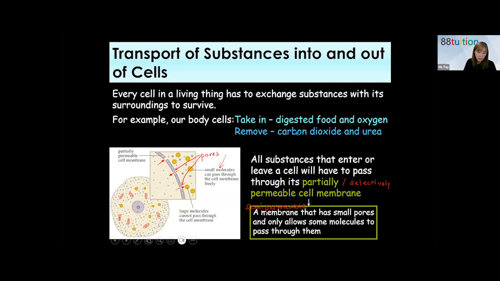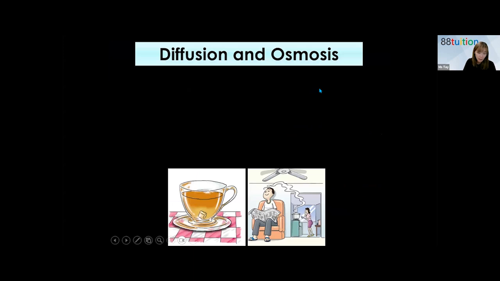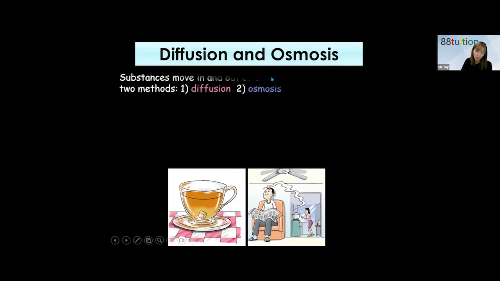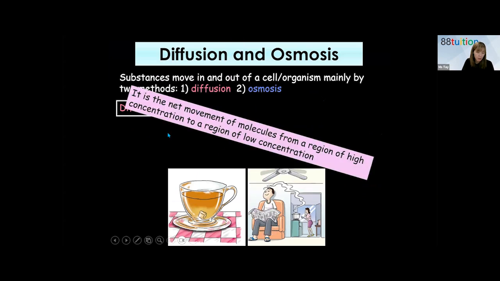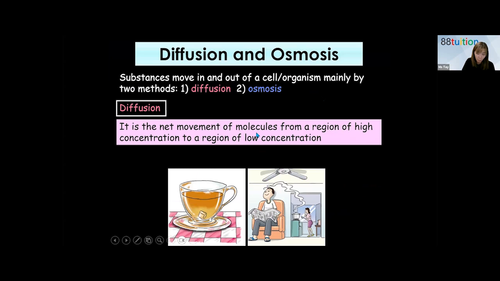Now, what are diffusion and osmosis? Let's start with diffusion first. Substances move in and out of the cell mainly by two methods, diffusion and osmosis. So what is diffusion? The definition is here. It is the net movement of molecules